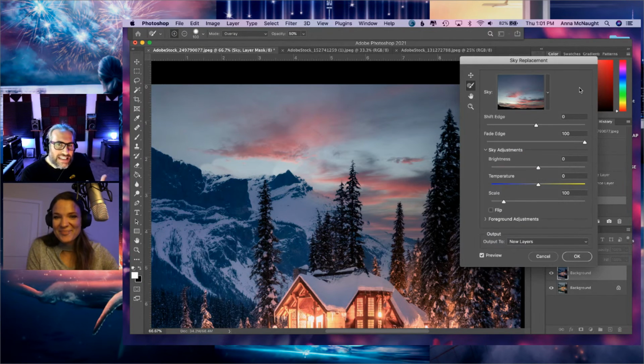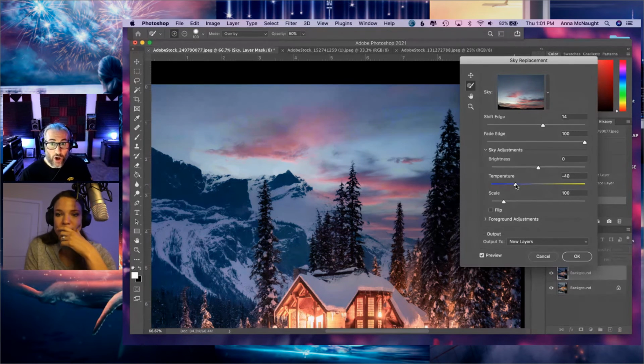And again, even if it doesn't get you all the way there, I haven't found one yet where it just didn't look good at all. I can imagine there might be some instances, depending upon the tree or whatever the background is, where it doesn't blend quite as well. There's always that possibility, just like with anything, just like with content aware, we were talking about this yesterday. But in general, oh look at that, I love that temperature adjustment. It really brings it to life.